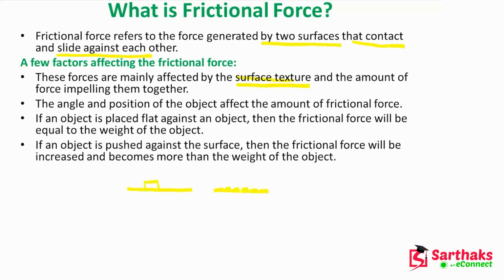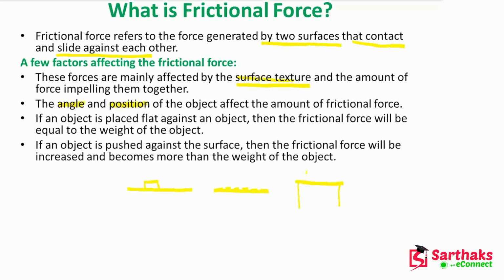Okay, so the angle and position of the object are also very important. The angle and position of the object will affect the amount of frictional force. If an object is placed flat against another object, then the frictional force will be equal to the weight of the object. Okay, so suppose this is a table